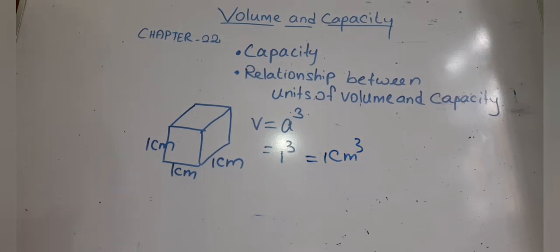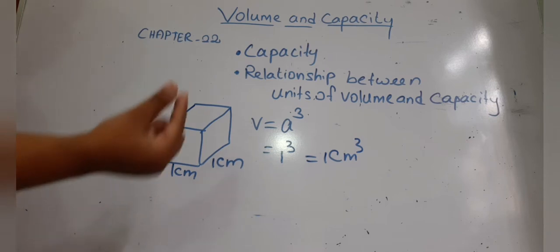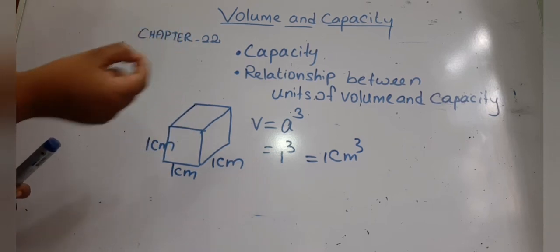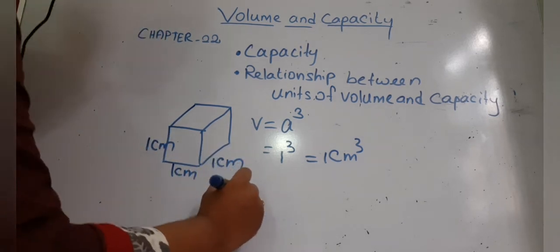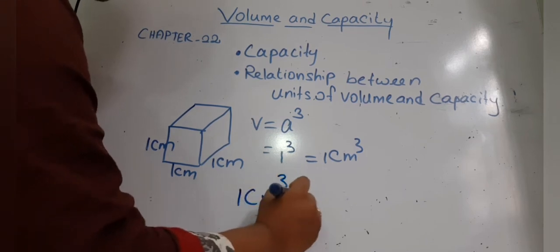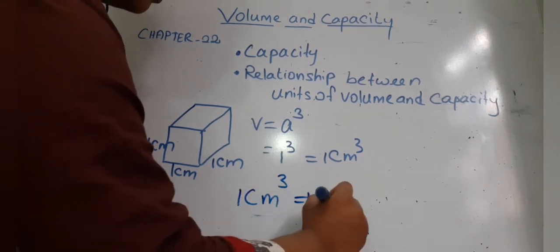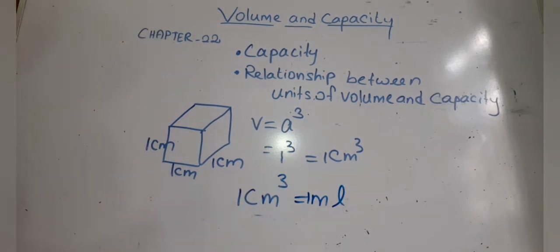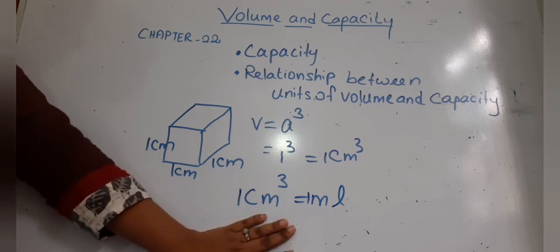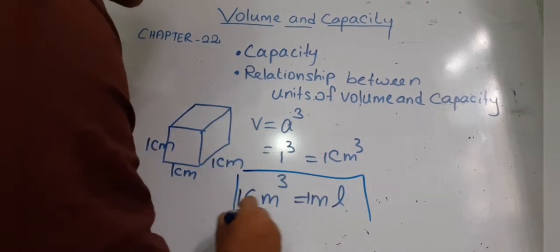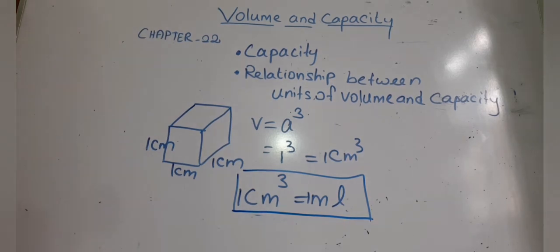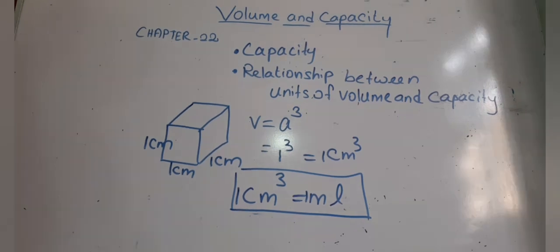So you can imagine this, it will be so tiny, right? 1 centimeter means it's a very small length. So if you pour water into this cube, it will contain 1 milliliter of water. Again, 1 milliliter is like a drop of water. So you can imagine that 1 cubic centimeter is equal to 1 milliliter. So this is a rather important relationship which you will be using in this lesson to do the exercises as well.